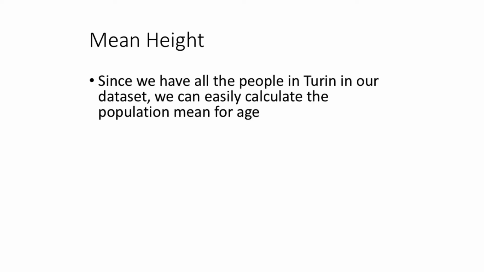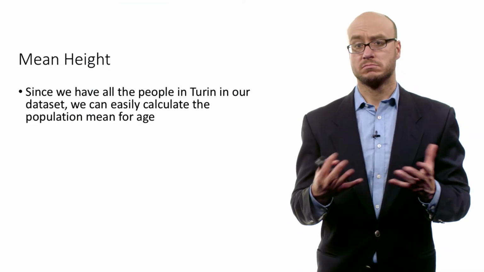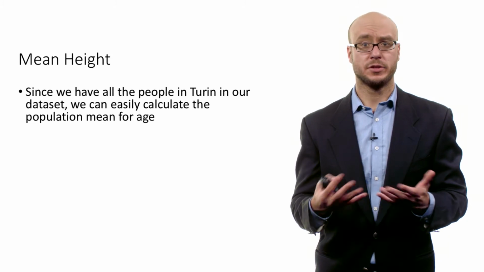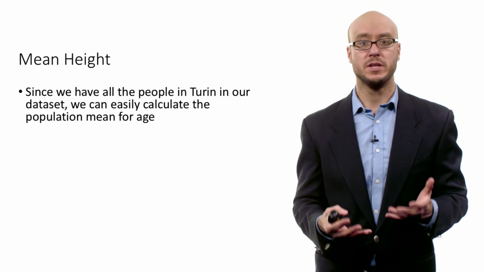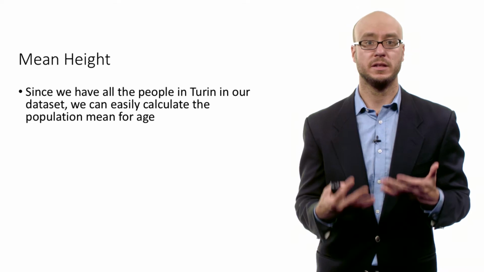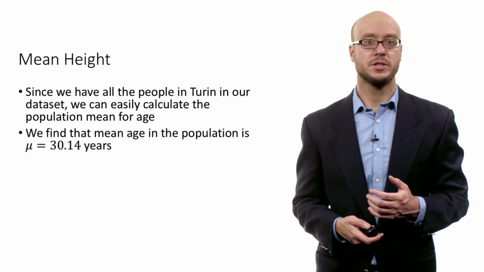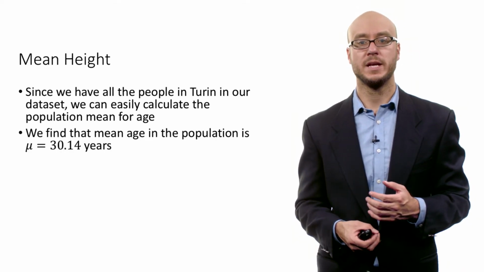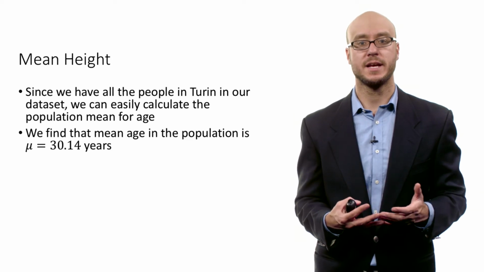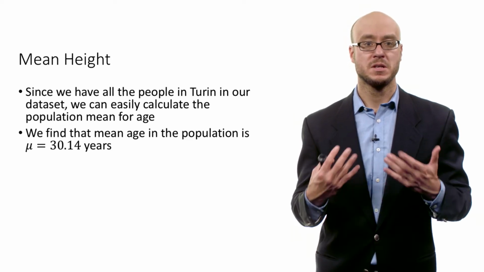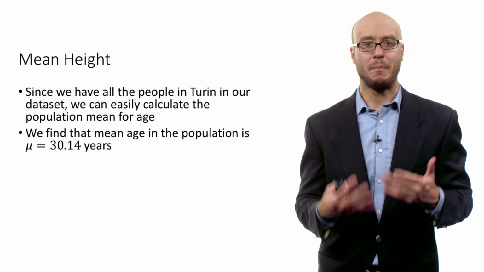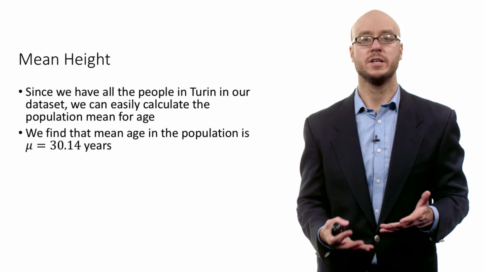But this is a population. Those are all population parameters because it's based on a census. So since we have all the people in Turin, Italy, we can just calculate the population mean for age. We can calculate the true population parameter for mean age. And we find, based on this data set of the population, the average age is about 30.14 years in the